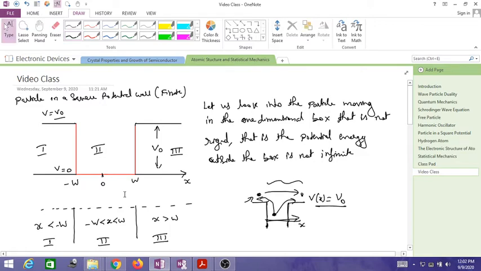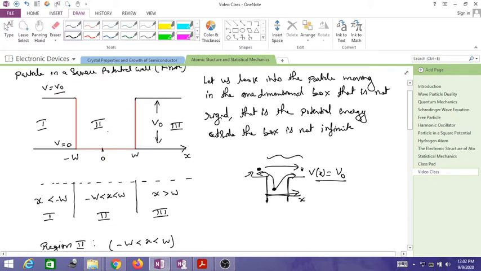Now we use the Schrodinger wave equation to develop our wave phenomenon for this particle motion. So now let us distribute these regions into 3 as we have already done here. The first region is for the value of x less than minus w, where w is a certain position. The second region is where the particle is within this box or well, with x ranging from minus w to plus w, and the third region is where the particle has moved out of the box, that is x greater than w.